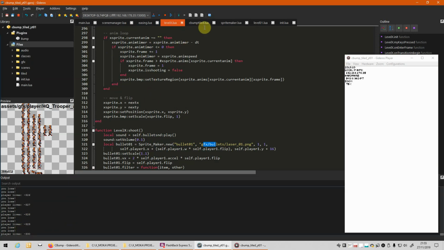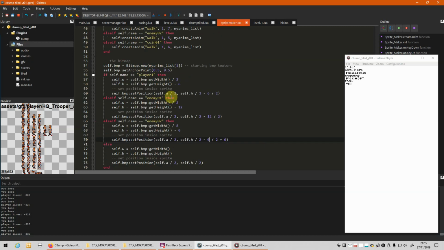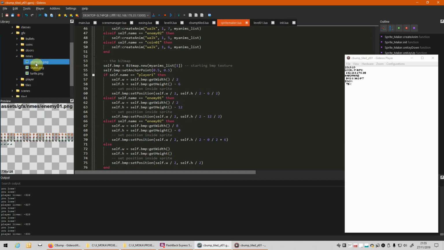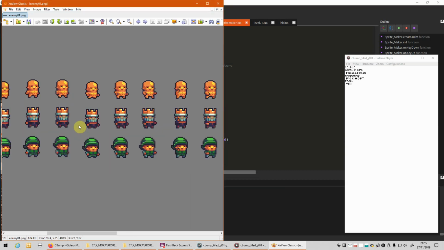Let's correct this animation. So it's in the sprite maker. I believe it's the graphics enemy. Player enemies. So those are the little enemies.